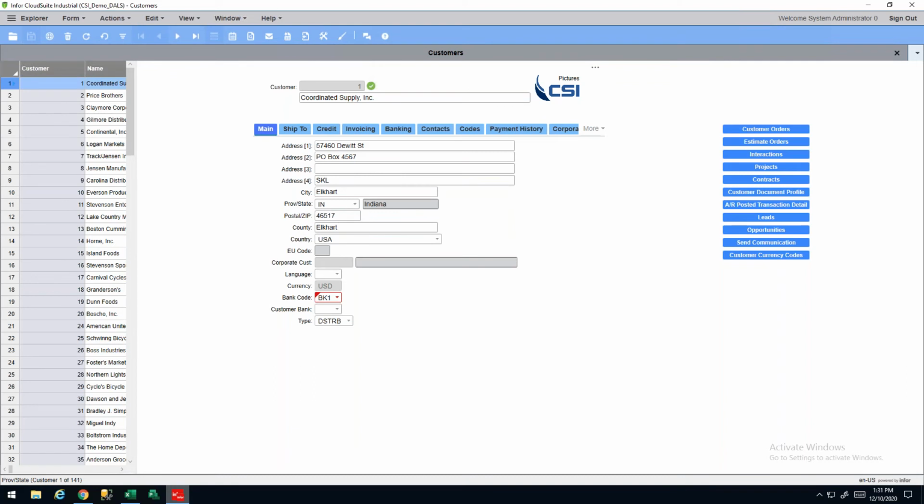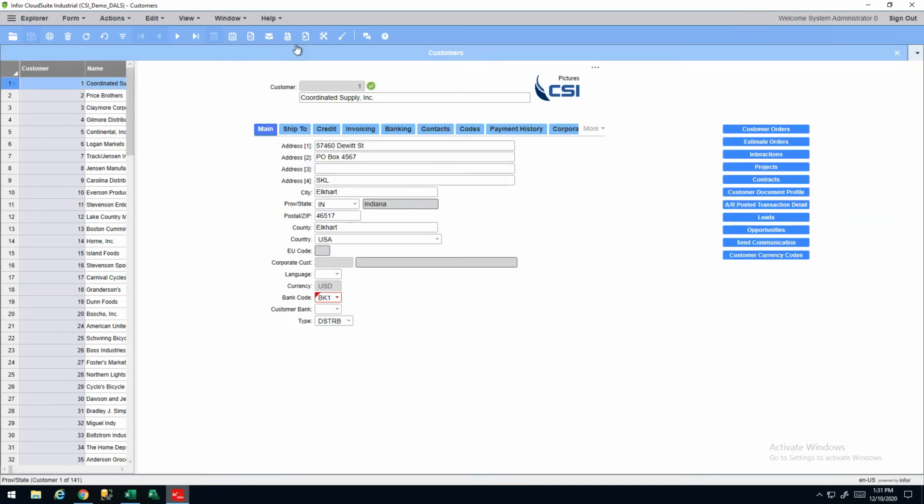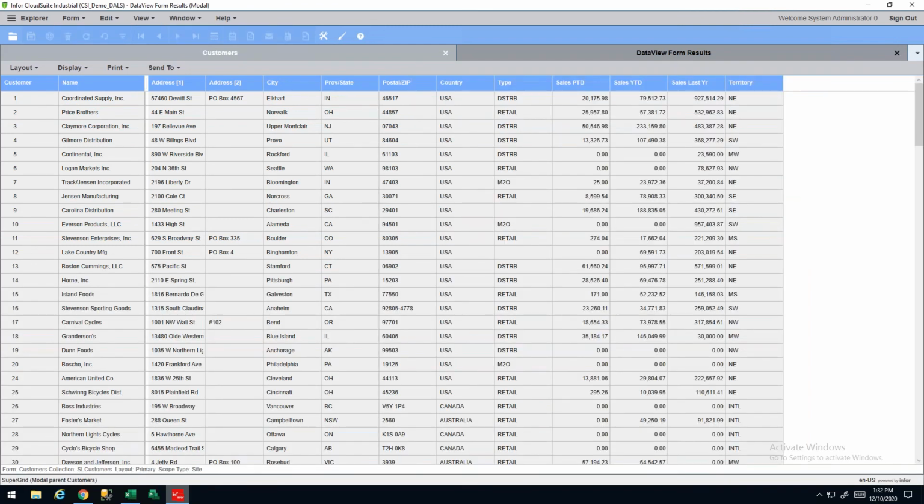Any screen in our system that holds data, so it could be a customer master, a part master, a vendor master, POs, work orders, general ledger entries, invoices, etc. The entirety of the system allows you to say, hey, I want to do what I'm going to show you now. I want to take the data that I might see on a screen like this, a grid of that data, and put it in a working area of something we call a data view. So there's a click of a button up there, and it's taken this data